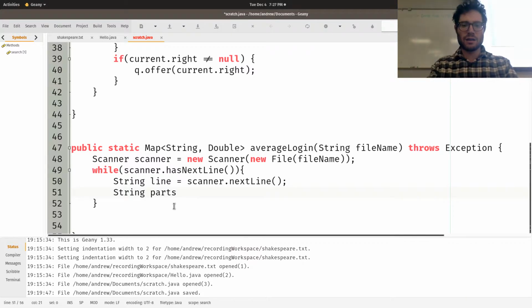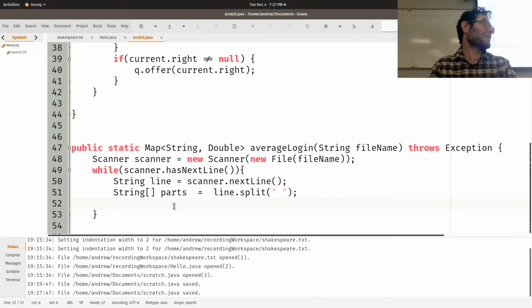But anyway, string array parts, there's two parts for it, is equal to line.split. I think it's split in Java. When I'm working with this next semester it's going to be terrible, because I'm going to be working in Python and I'm going to be messing up all the function calls and stuff. So we're going to split on the space, and this will basically give us a size 2 array,